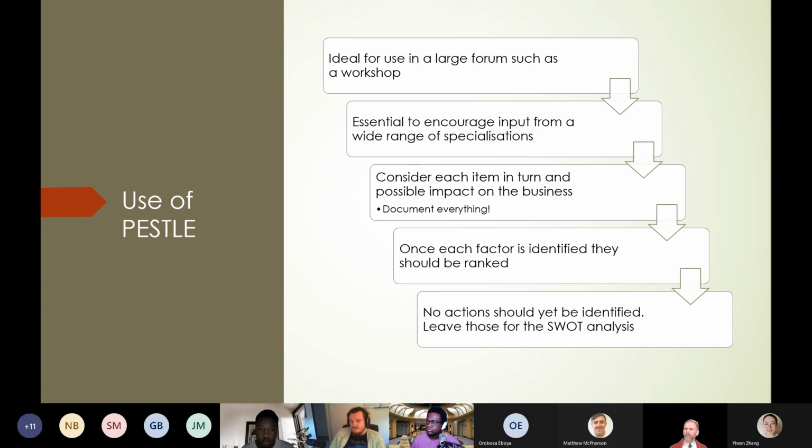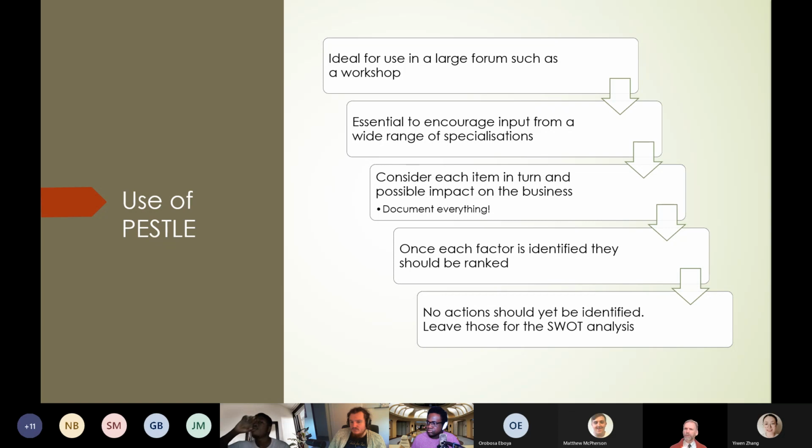So you'll have lots and lots of input under lots of different headings, which is just a bundle of data. So what do you do with it? Well, you have to start putting it into some sort of order. So you might want to start saying, okay, you've given me 5 things technologically that might happen. Which do you think is the most likely and will have the most effect on our business? So that's the number one thing we need to think about. What's next? So what's 1, what's 2, what's 3? So we can start to identify any issues that might be coming down the line from external influences.